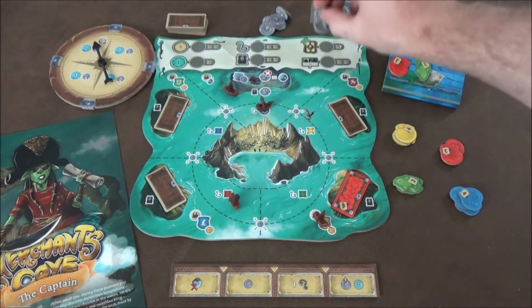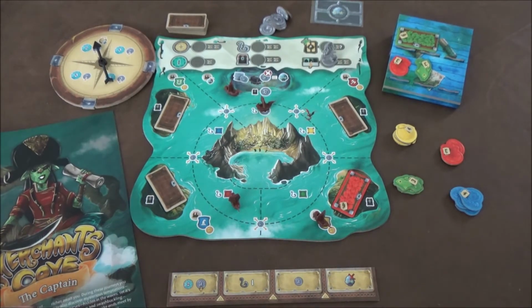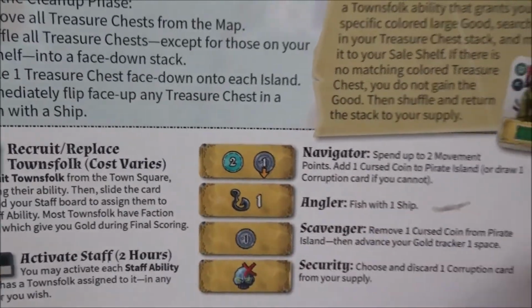That's pretty much how play will continue for the character. When you get over here to your staff icons, this is upside down, I just noticed. Someone will catch that in the beginning. On the back of our book here, we have a list of the different staff actions that we can have. So once you start getting some townsfolk here in these spots,